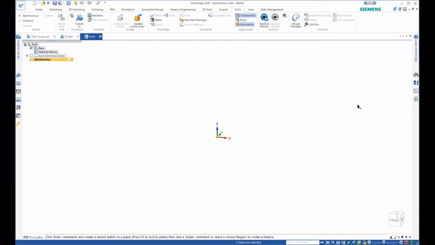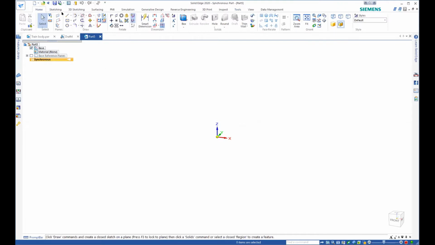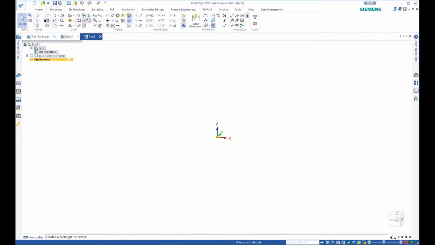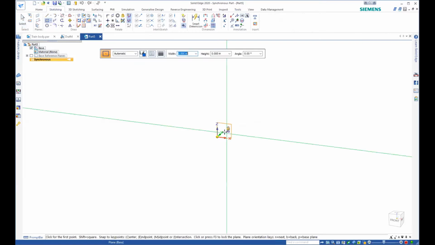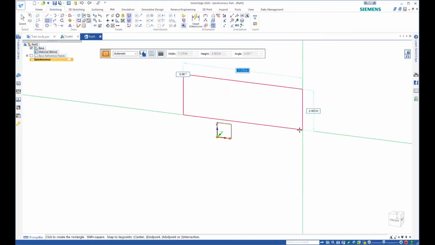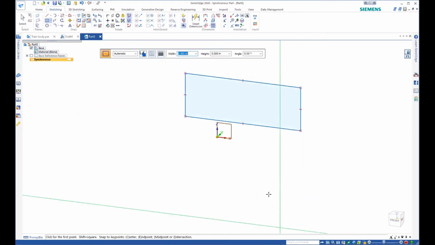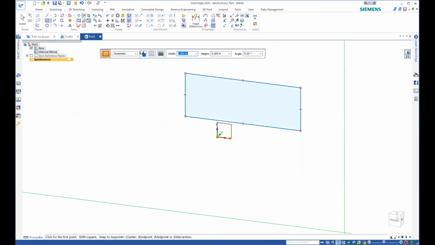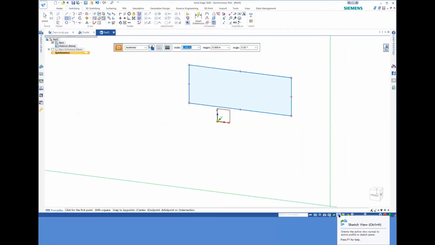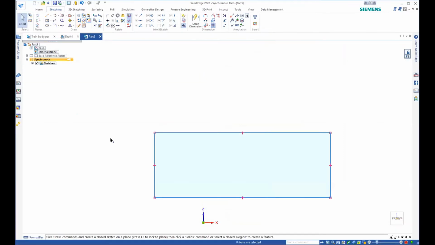There's a project in the first quarter, basically table-driven parts. So I want to just begin by drawing a rectangle, because I can. I'm just going to put it anywhere, but I'll put it in this dimension here. And for this one, I'm just going to take a look at the sketch view. And we see that we have a rectangle, right? It's pretty nondescript. So in the tools area,